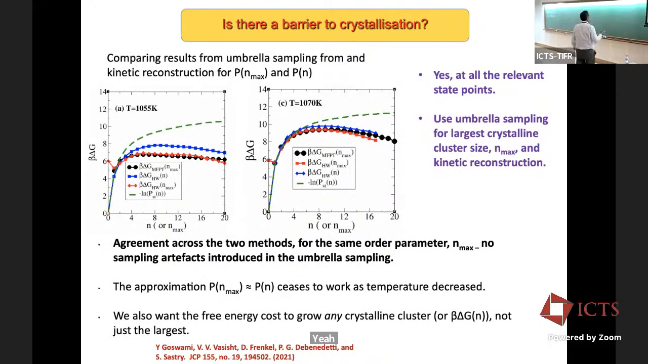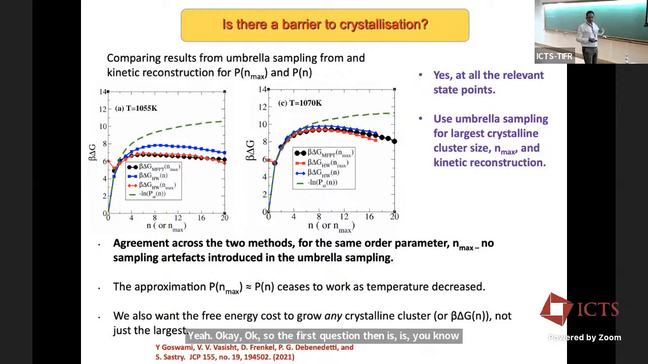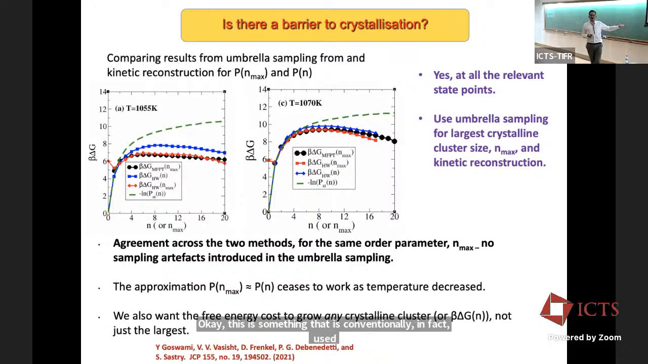Okay, so the first question then is, using, okay, so the second method that we employed to cross-check was using a different order parameter, which is the size of the largest crystalline cluster. Okay, this is something that is conventionally, in fact, used in this literature. So we went back to that. And so we had